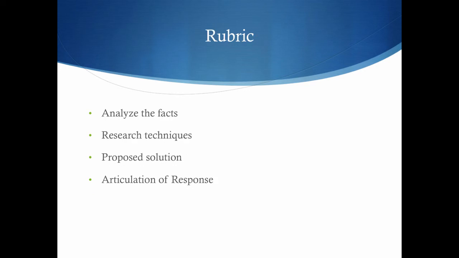Okay. Next up is the rubric. Please pay attention to that rubric because it is a little different than others. This is a bit of a standalone assignment. You have to analyze the facts and show that your choices were well supported and conceptualized. You put them into the context of the facts of the situation. Your research methods: did you demonstrate a keen ability to view this situation through various analytical lenses? Did you examine all the options? And then a proposed solution. Do you have a description of a proposed solution and did you encompass all the relevant issues? And then of course articulation of response.